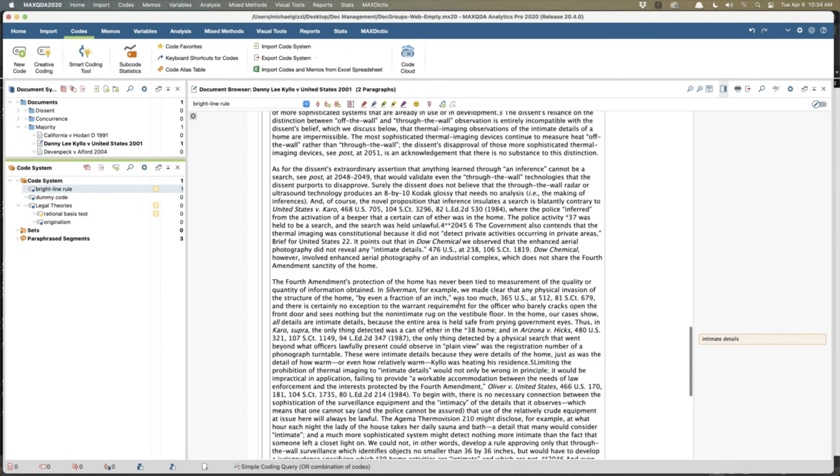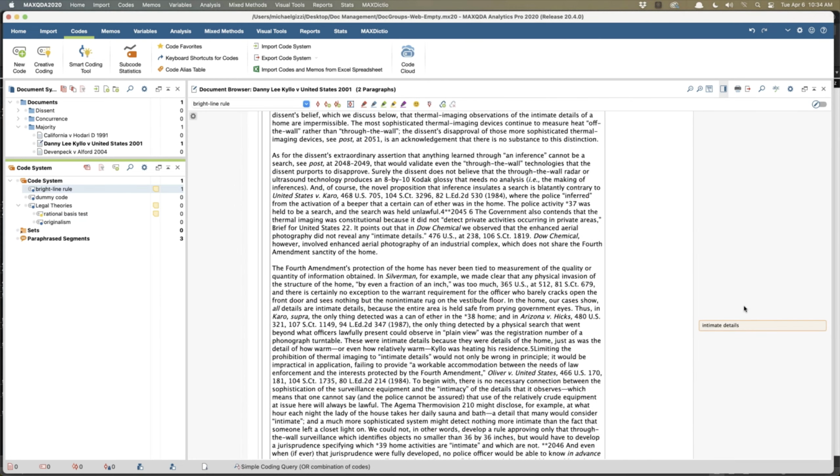There's something else though in MAXQDA called an in vivo code. An in vivo code is where the code is automatically created using the language that you have highlighted. So I'm going to highlight this text.